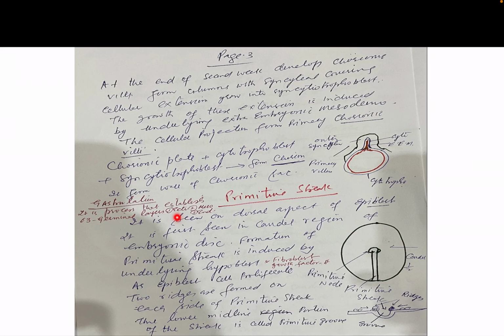Number one, the epiblast, later on given the name ectoderm. Then in the center is the mesoderm. Then the hypoblast, later on given the name endoderm, that changes into endoderm. So this formation is given the name gastrulation. Now the process which first occurs toward the formation, or to complete the gastrulation process, the first is the primitive streak.